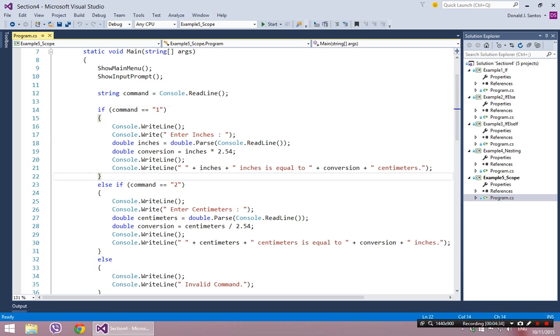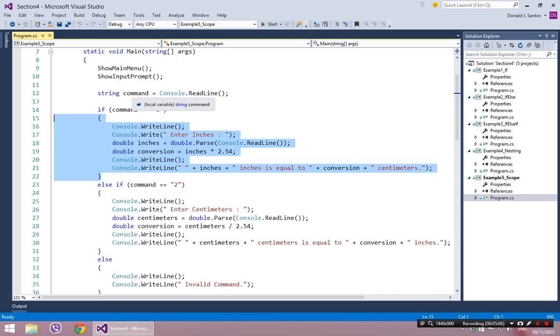So when I'm inside of this if statement, when I'm inside of the begin and the end, I am inside of the scope of this if statement. So that's the begin, that's the end, and that's that block of code. And everything highlighted there is in scope for the if statement. But it's also in scope for the main program. Everything that exists out here in the main program before the if statement executed is also in scope. So I have access to the variable command inside of here, even though it wasn't created inside of the scope